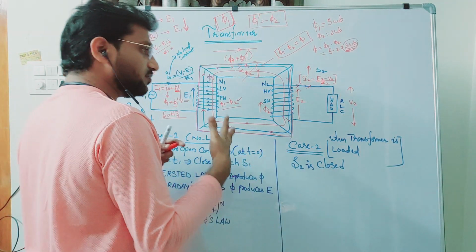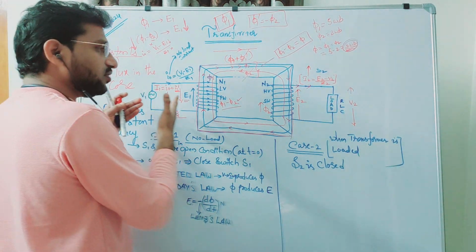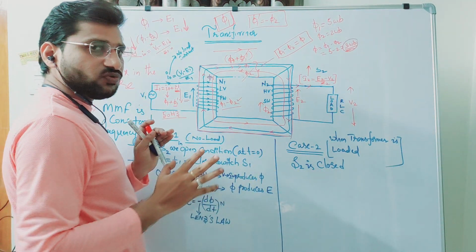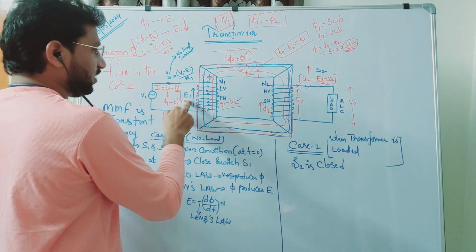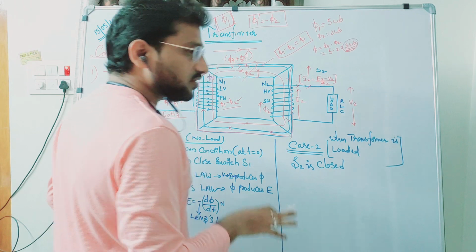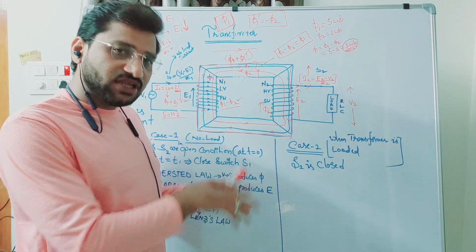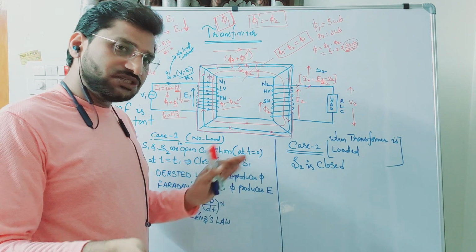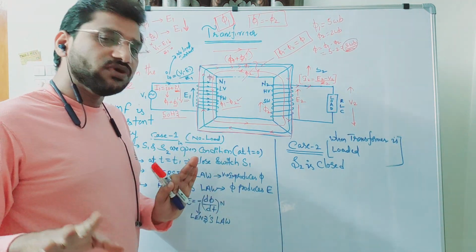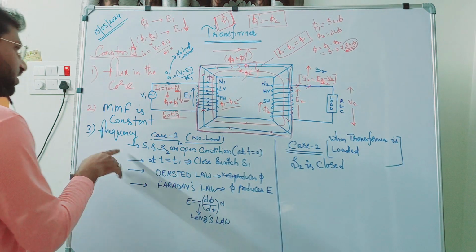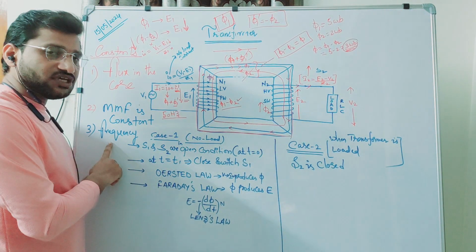But what I am saying is, the nature of the waveforms is always AC only, whether it is V1 or E1 or E2 or V2. They are going to differ in terms of magnitude, but the waveform nature is AC. So the number of cycles is also the same. So in the transformer, the frequency is also maintained as